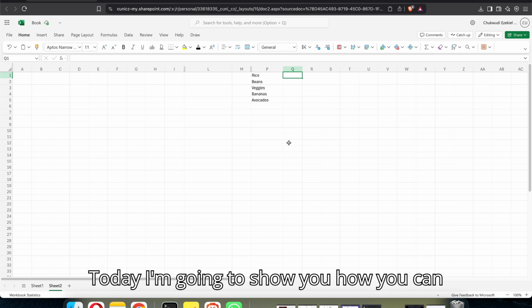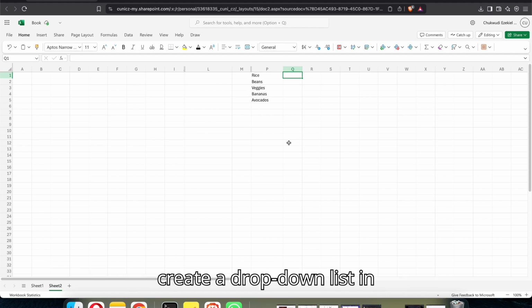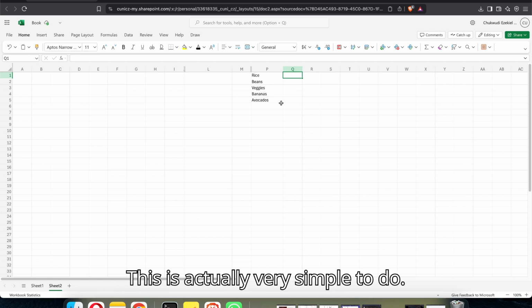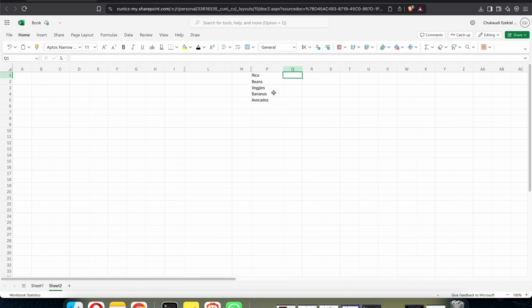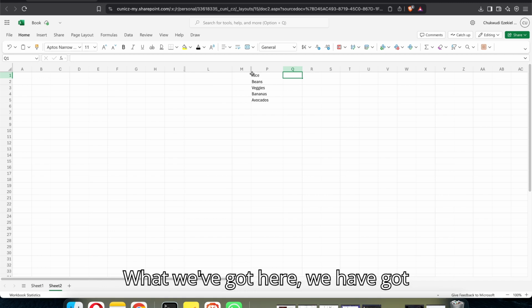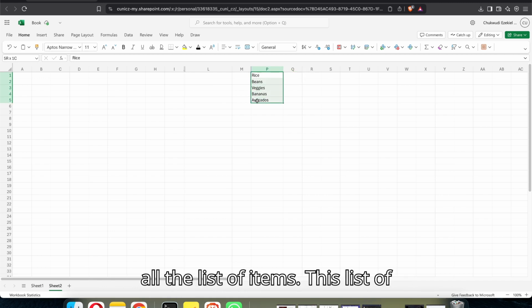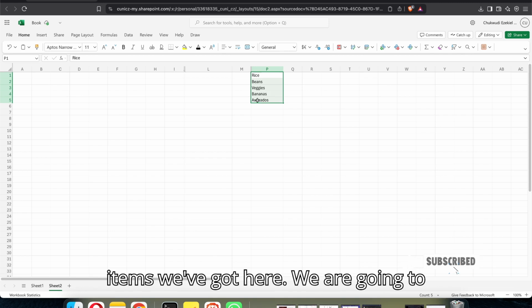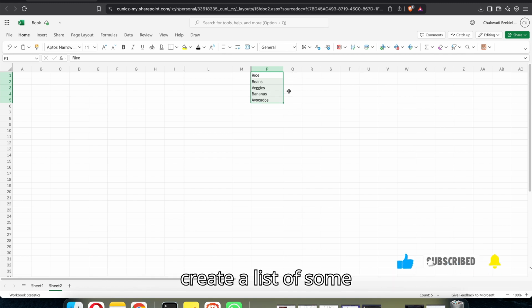Today, I'm going to show you how you can create a drop-down list in Excel sheet. This is actually very simple to do. What we've got here is a list of items. With this list of items, we are going to create some drop-down options where we